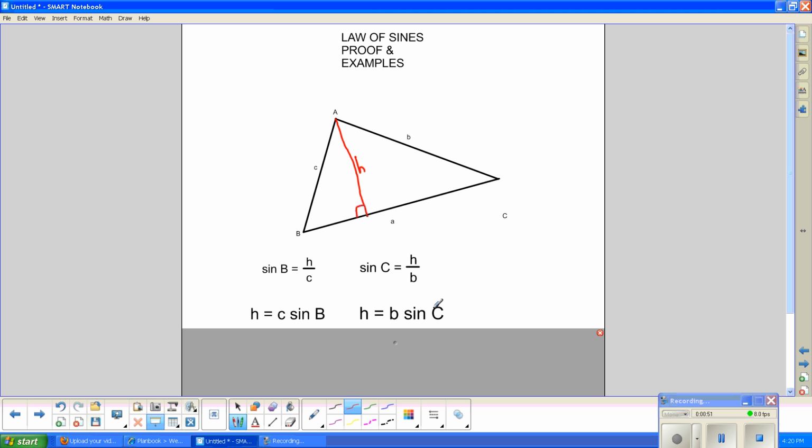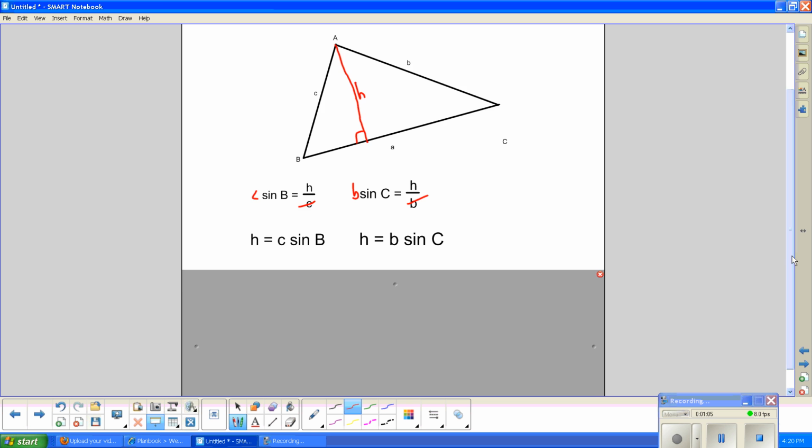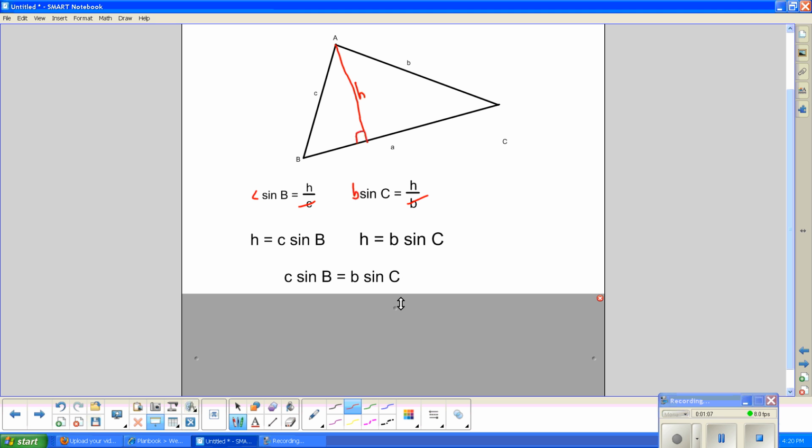I'm going to do that by first solving each of these two equations for h by multiplying each side by the denominator, and that gives me the following below. Moving to the next step then, I can set h equal to h, or c sine B equals b sine C. Well, what if I divide both sides by BC, that length? Neither of those will be zero, so they're both non-zeros. If I do that and divide both sides by BC,